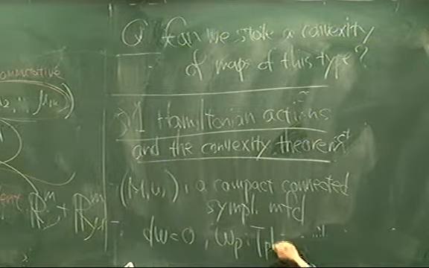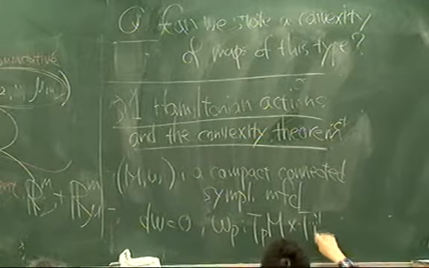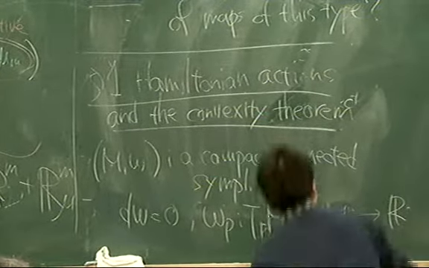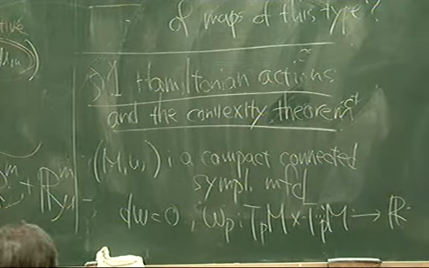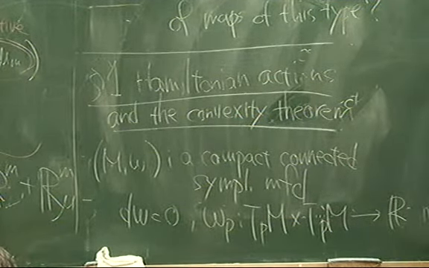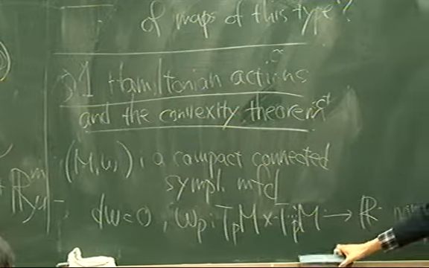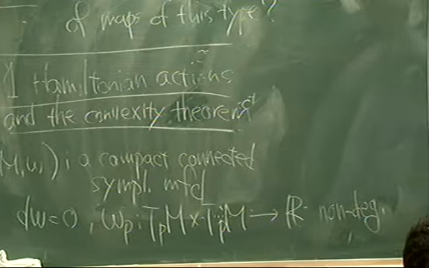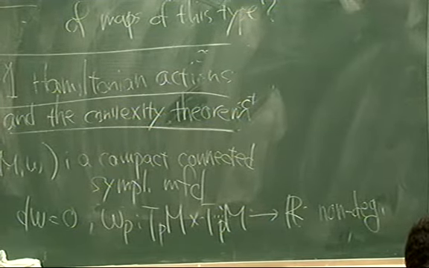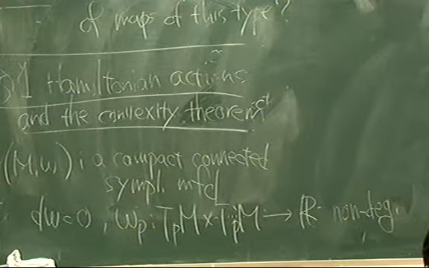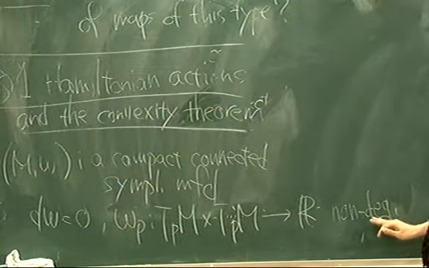On each point P, the symplectic form gives us a bilinear form which is non-degenerate. This is just by definition. And this non-degeneracy, actually the definition of non-degeneracy is